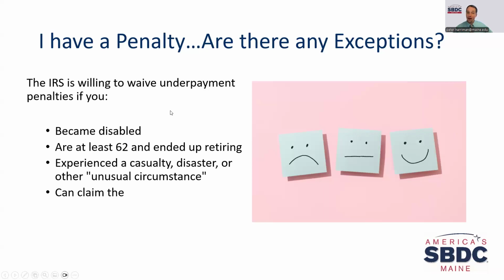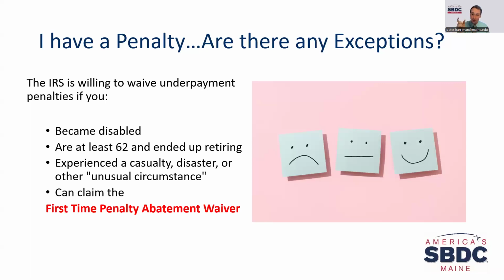Or the very final one, if this is your first time experiencing something, if this is the first time you're making estimated tax payments, you haven't before, you can claim something called the first time penalty abatement waiver. You can look it up. The IRS cannot mention it. It has to be something you mention, right? So when you're on the phone with the IRS saying, hey, I just got a penalty letter. It's the first time I paid estimated taxes, didn't quite know what I was doing. Can I use the first time penalty abatement waiver? You want to use those words.